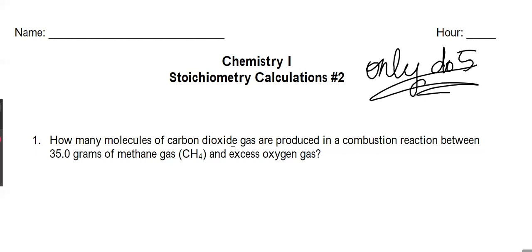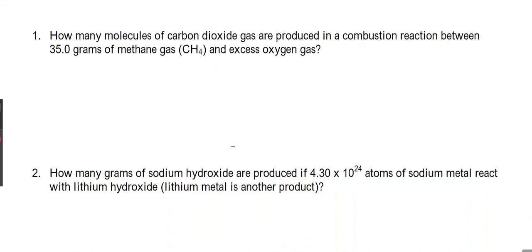So how many molecules of carbon dioxide gas are produced in a combustion reaction between 35 grams of methane gas, which is CH4, and excess oxygen gas? Okay, so let's first just write our equation. So this is a recall back from chapter 11. You should remember what a combustion reaction's products are. But for now, we know that the CH4